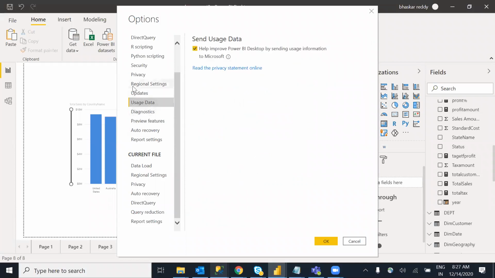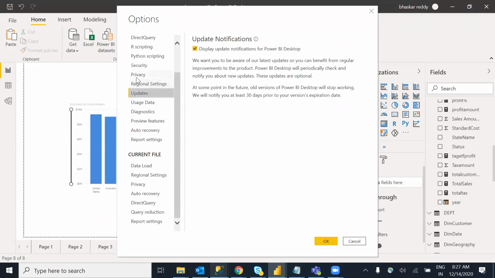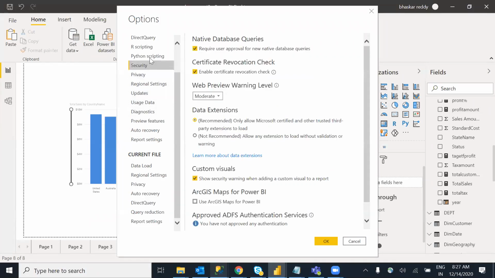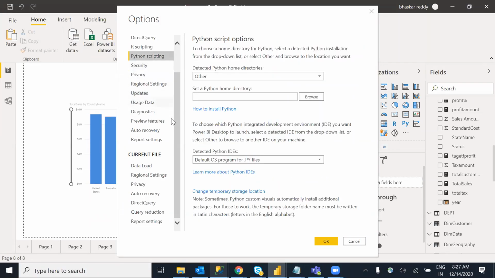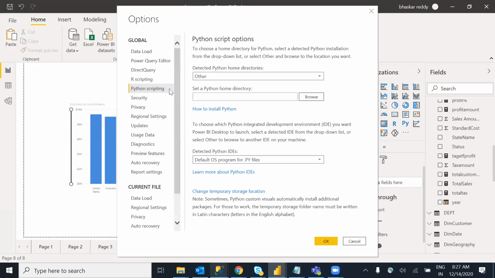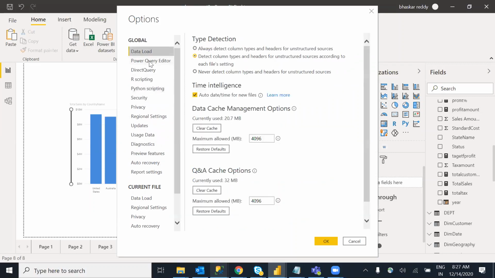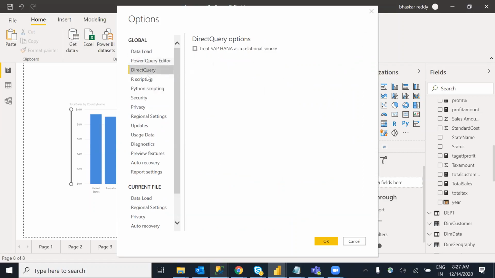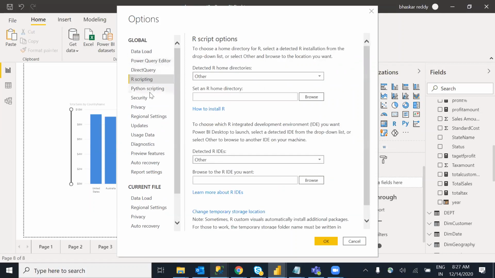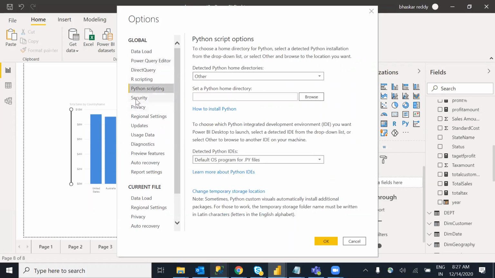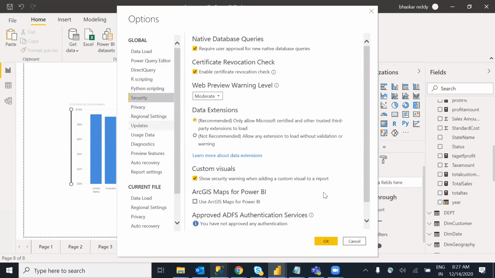Regional settings, privacy. The version number also, the month name will be there.